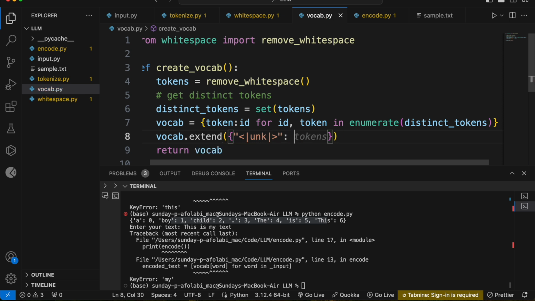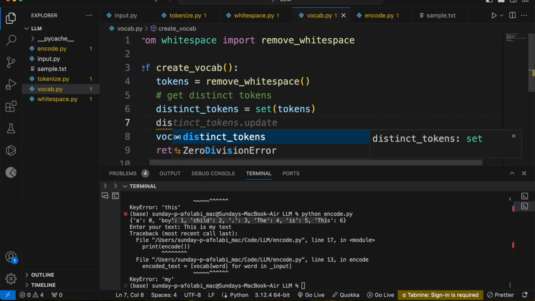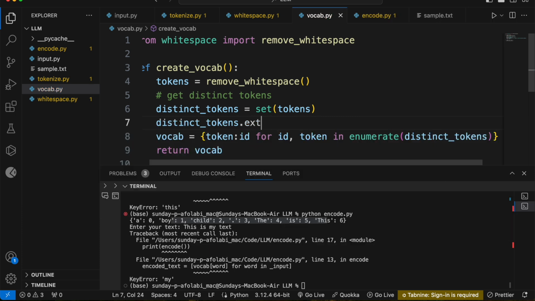This then maps to the last number in our token. So let me see that first. Okay, now, not because before this, let's do it here. Let's add it here. Let's say distinct dot extend. So we're extending